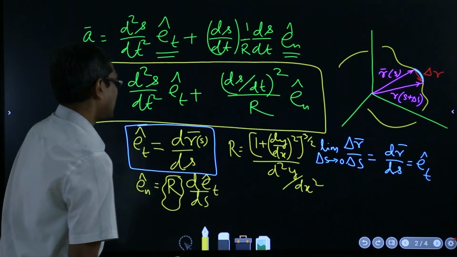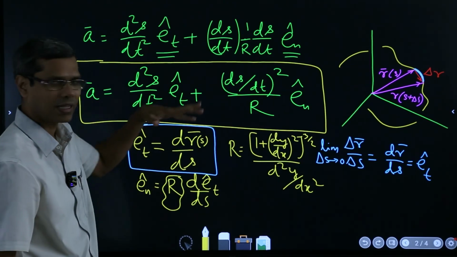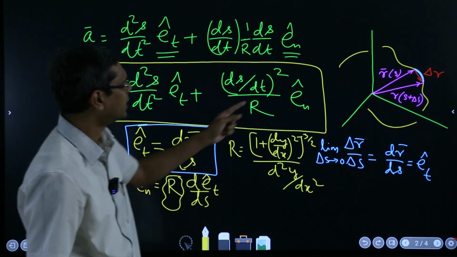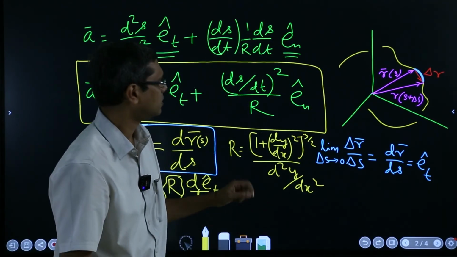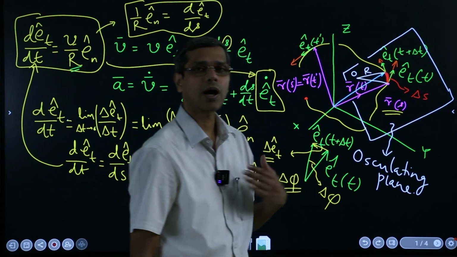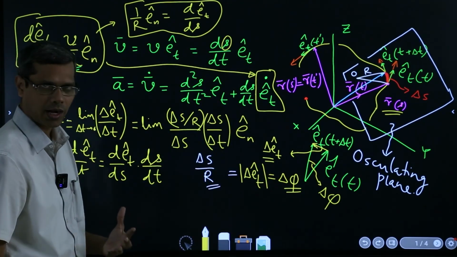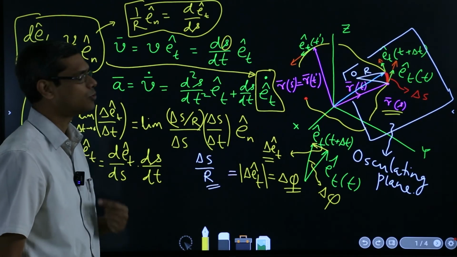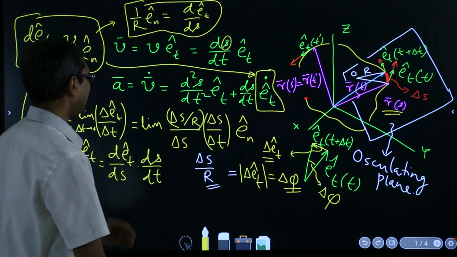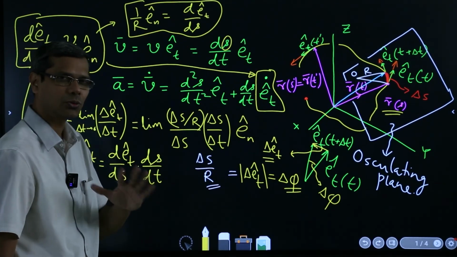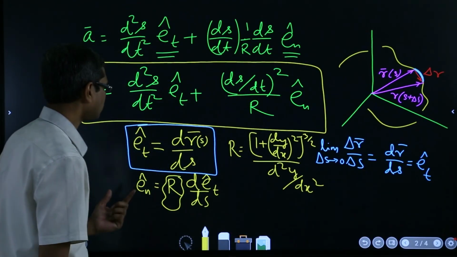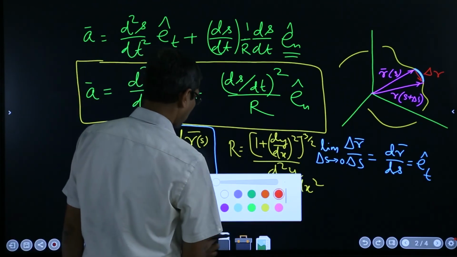That means in summary, now you see everything, going back to where you had started, that you have a path. And for that you have the knowledge of the position vector in terms of arc length. That is the most important part: in terms of the path variable you have expressed the position vector of the particle, and then you have the speedometer reading. So these are the two things which you have at your hand, and now you see how with that you can calculate everything. So this is from the speedometer,